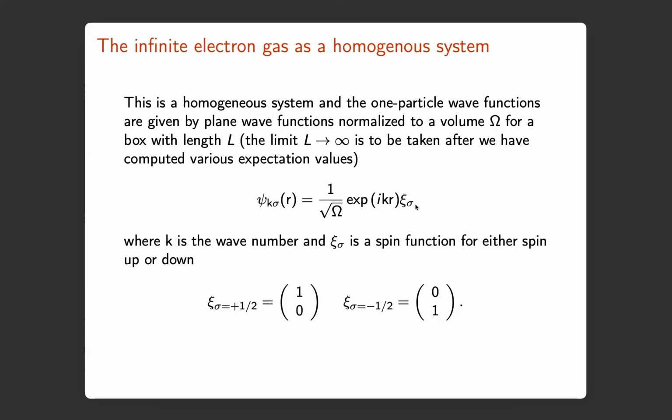So when you run the calculations, you typically run this with a finite volume and a finite number of particles. And then you take the limit where volume and number of particles go to infinity. That's normally what we call the thermodynamical limit. And the ratio between the number of particles and the volume should be a constant, and that defines the density. So the two quantities by themselves go to infinity, but the ratio stays constant because the density is something we want to keep as a constant. Okay? So after the break, we are going to look more at the nitty-gritty details here, which we need in order to perform the Hartree-Fock calculations.